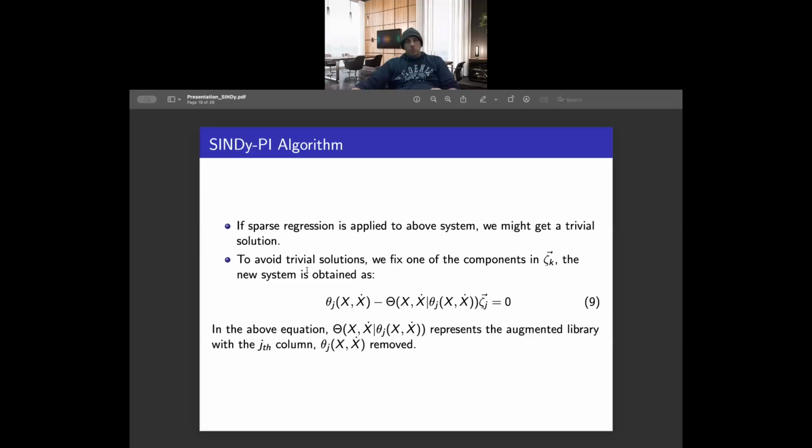And the principle that they use, in the SINDy-PI paper, if you go through the paper which I have given the reference for as well, they say that usually the system which has the least number of variables is actually the exact system as well. So that is the idea behind the SINDy-PI algorithm.